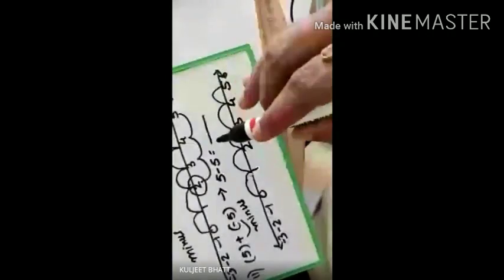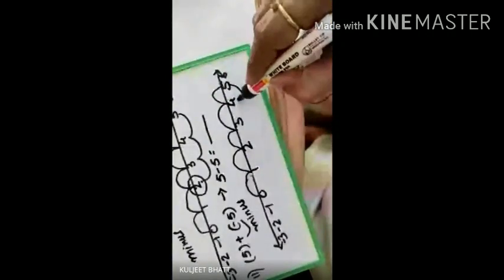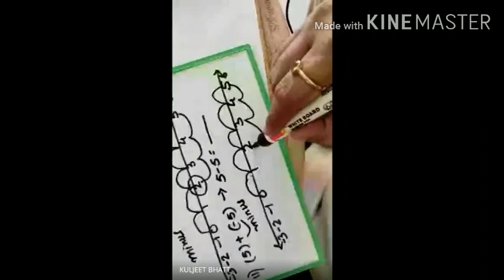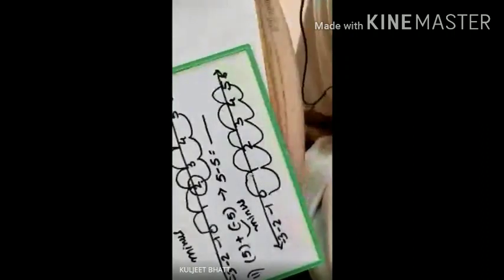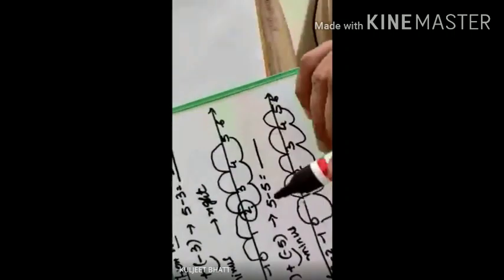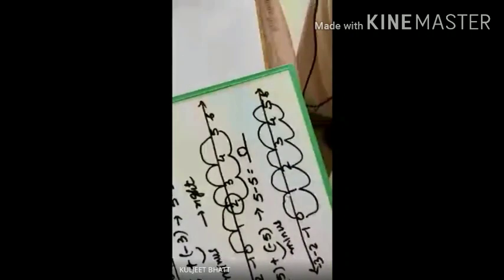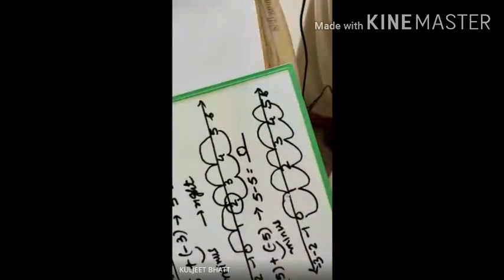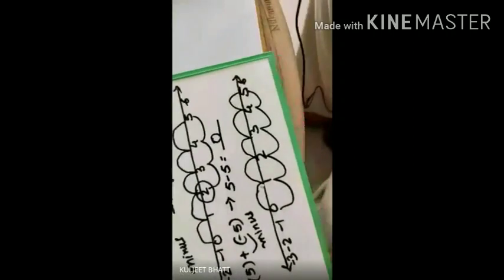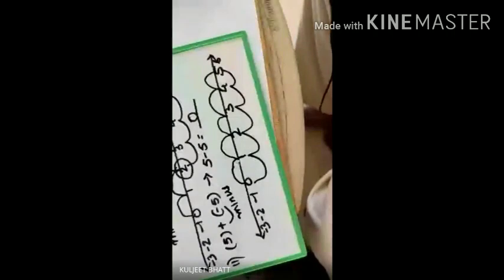So now I am on 5, and from 5 it is minus 5. So 5 minus 5, I will jump 5 steps towards the left. 1, 2, 3, 4, and 5. I have jumped the 5th step and I have got the answer. As you can see here, 5 minus 5, when I write it down, the answer is 0. This is what I get when I subtract 5 from this part. Yes, so this is how the numbers have to be added on the number line. In this order it is to be done.